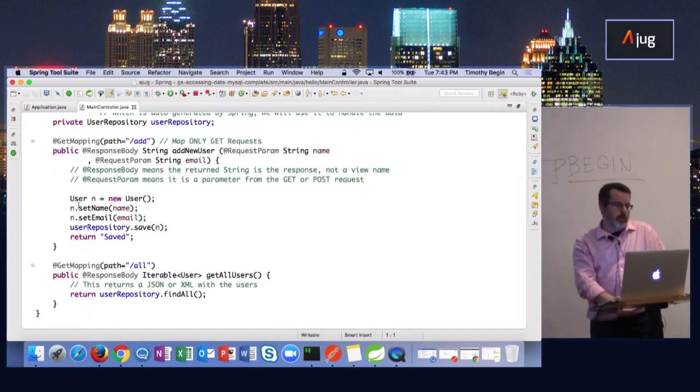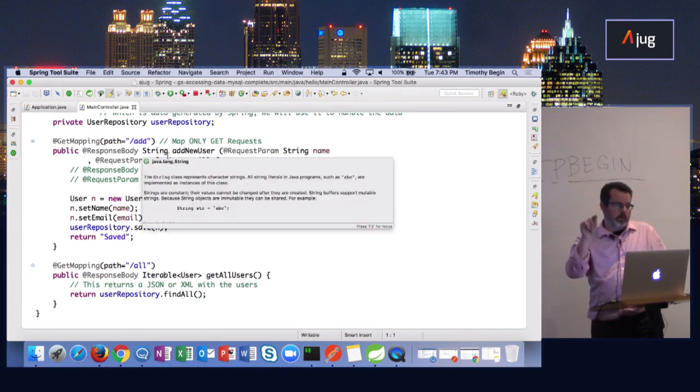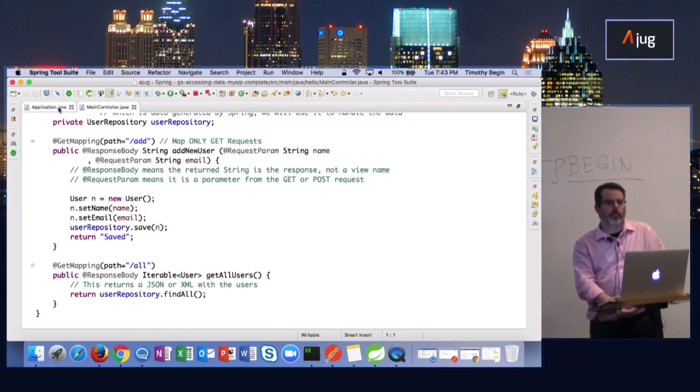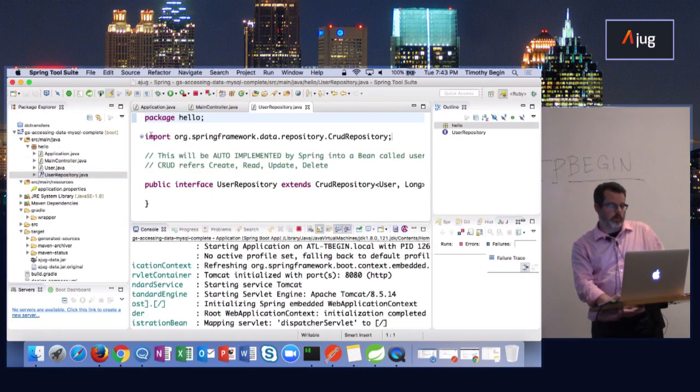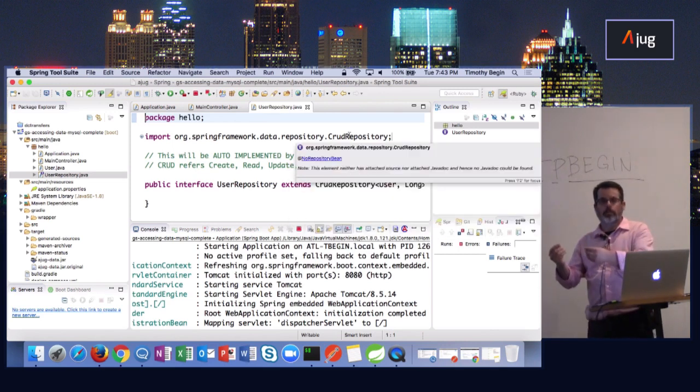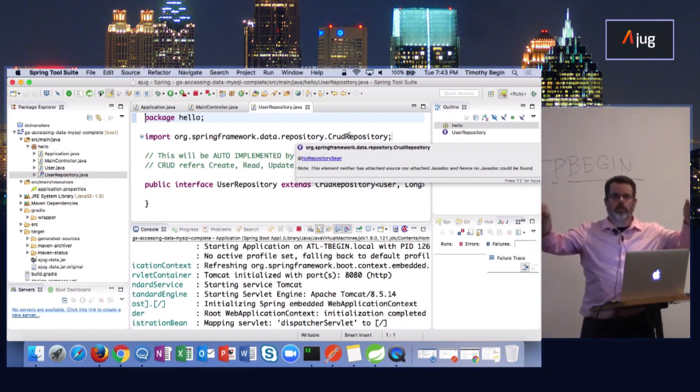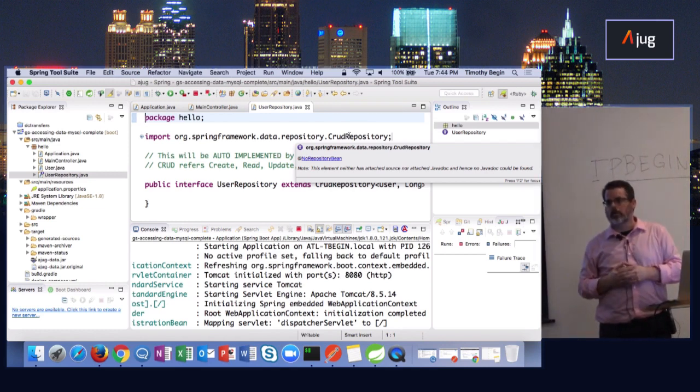So you're going to create a user object, and you're going to set the name and the email when you push it in to the endpoint, and then it's going to save it in whatever data source it is going to create. And so it's going to use the CRUD repository implementation from Spring to use JPA to figure out how to actually do the implementation for all of its CRUD operations.